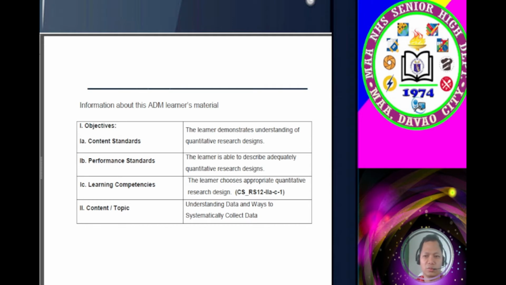In your first quarter, it was all about Chapter 1, from the title, research question, etc. Now we are ready to have this Chapter 2. Okay, so let's begin. Let's have first this warm up